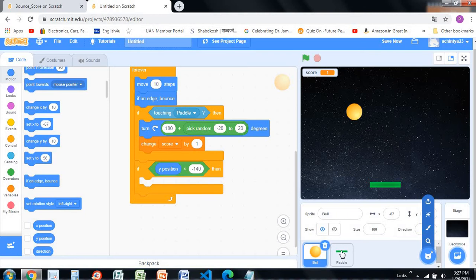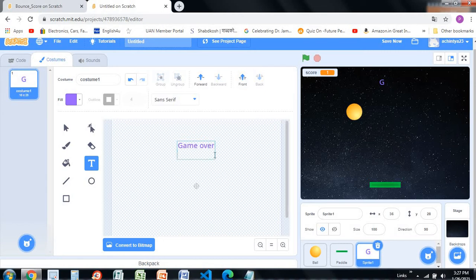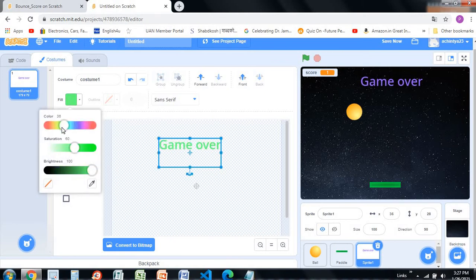You can make this. In this, you can basically paint a sprite that you want it to be like this. Paint, and here we are going to make it game over. Sprite, it is going to be game over. Game over. Yeah, like this. And I'm going to make it big and place it here. Okay, like this. It looks good. Now I'm going to make it green.